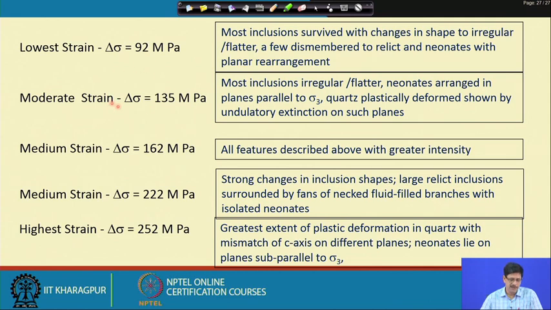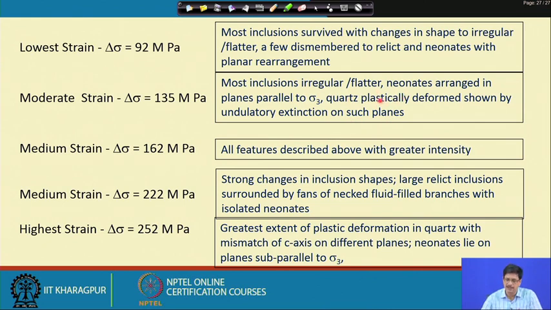When the delta sigma is increased to about 135 megapascal, most inclusions become irregular or flatter, and the newly created inclusions, the neonats, are arranged in planes parallel to sigma 3, and the quartz is plastically deformed, shown by the undulatory extinction on such planes, which is actually a result